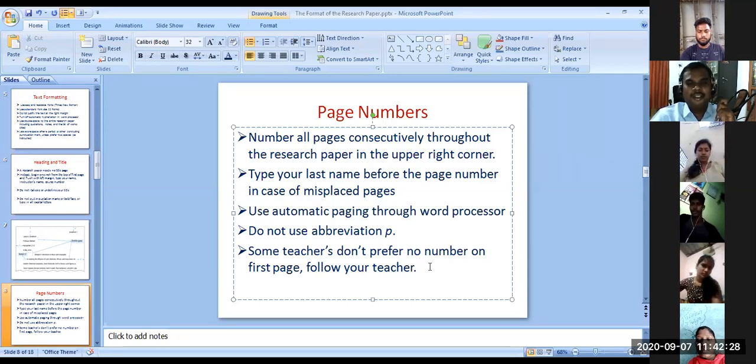Like that, for the first page, some instructors, some universities, in some cases, say not to write a page number on the first page. In that case, follow your teacher or your university. So you are not compelled to put a page number on the first page. So you understand things.